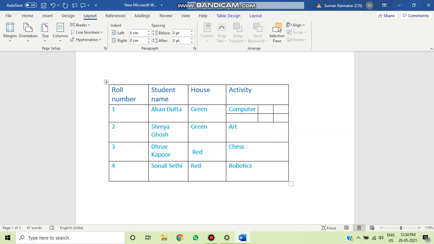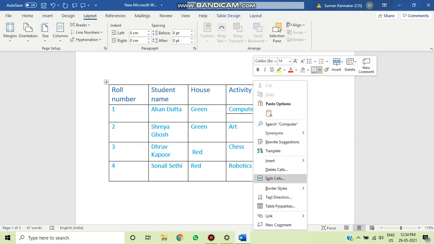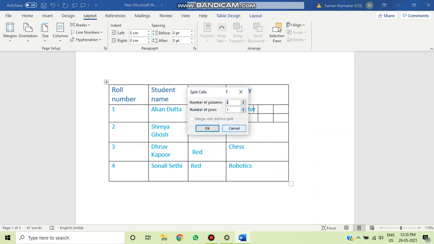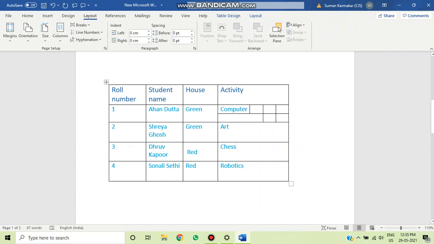So if you want to split any cells like that, definitely you can do it this way. Just go to that particular cell, and if you are using the 2013 or 2010 version, then you have to click on the layout option. On the layout option, you will get the split cells option. Or else you can right click on that cell and click on split cells. And you can insert the number of columns and number of rows that you want, and after that you have to click on OK. Alright, so this is how you can split a cell. Here you can write different things, anything you can write.